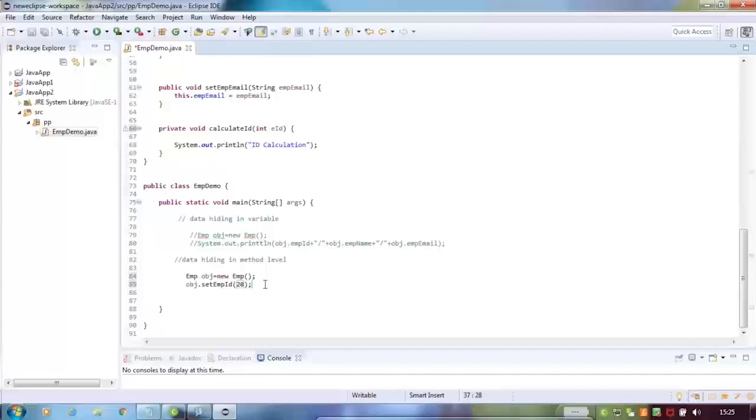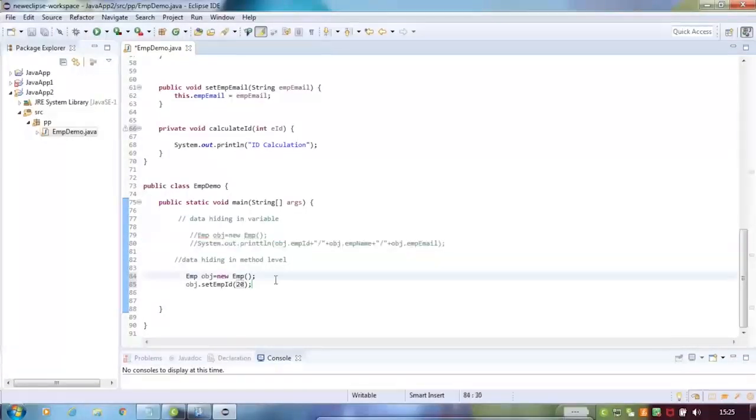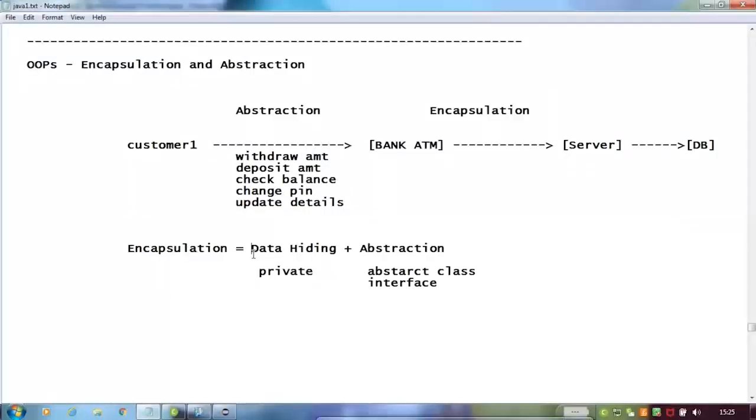So this is data hiding at data member level using the private access specifier. We can use the private access specifier to implement data hiding at method level and variable level. This is all about data hiding. Wherever you find it in Java, this is the basic syntax and basic idea. Next is